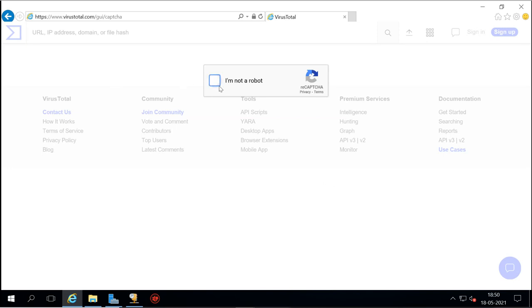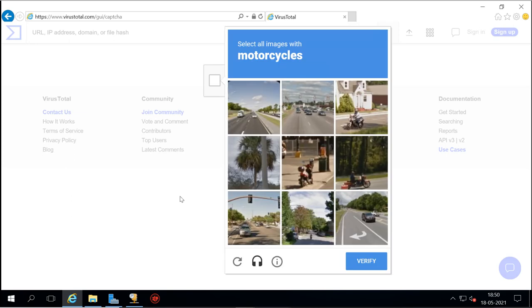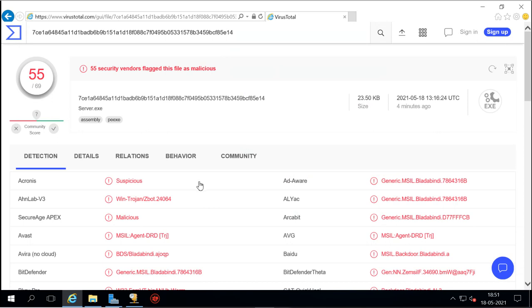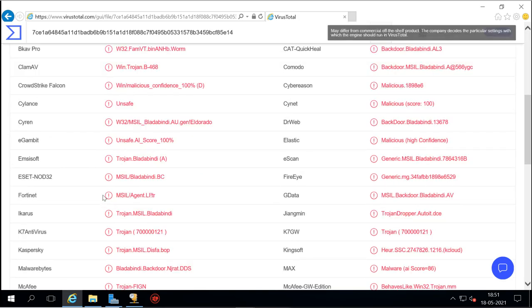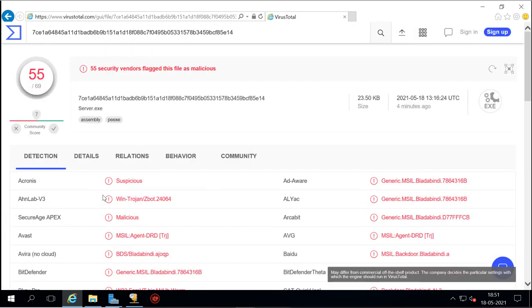Among the 69, 55 of them detected it as a virus, as malicious code. When you encrypt it, maybe fewer antiviruses will detect it. So this is also an online tool to analyze those Trojan EXEs.